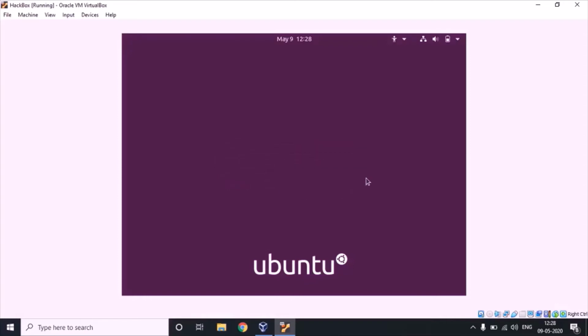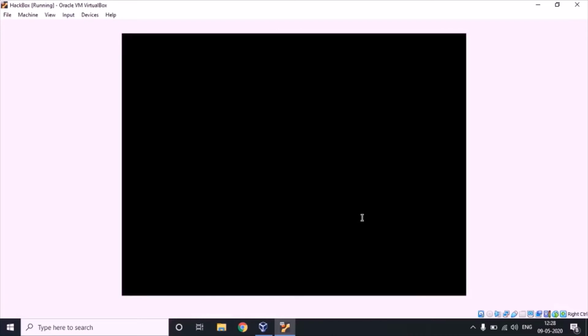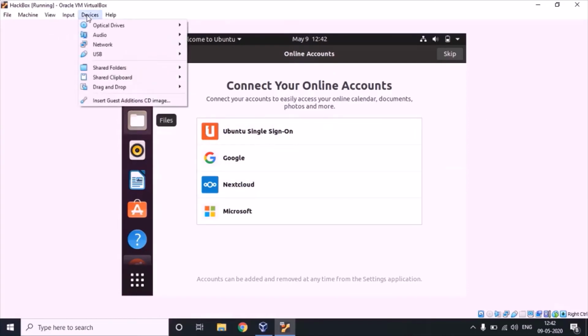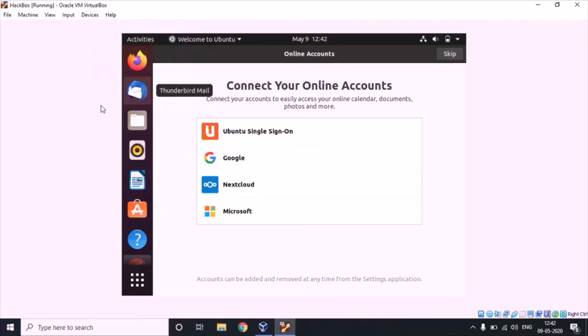Just click on it and just enter the password. As you can see over here, the window is quite small and it's not that usable. In order to fix this, just go to devices and select insert guest additions CD image.